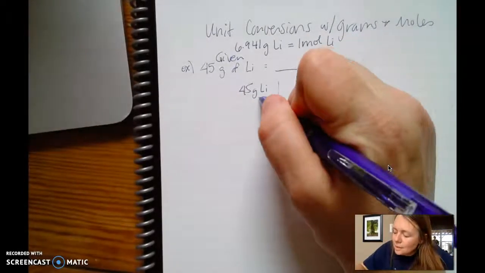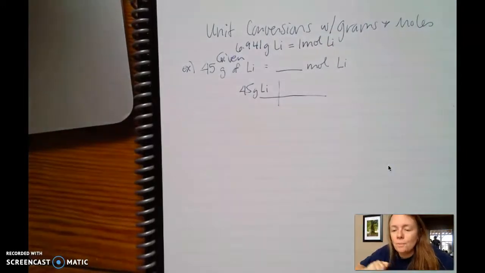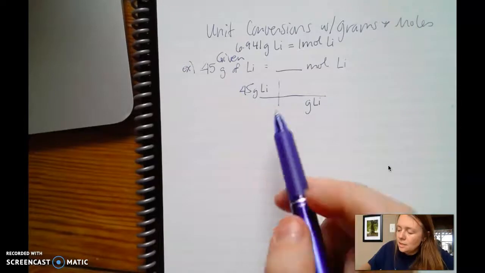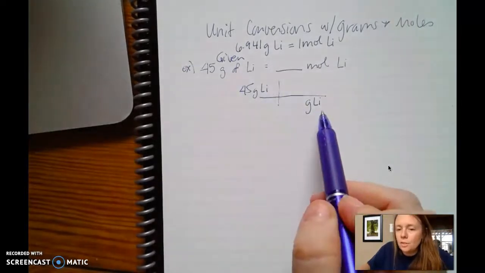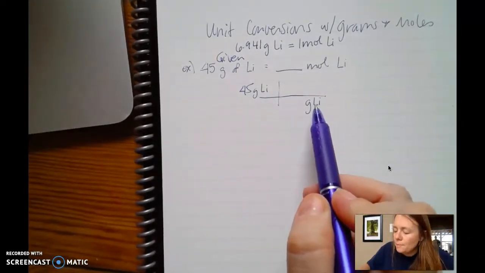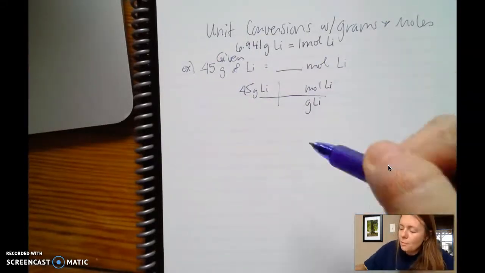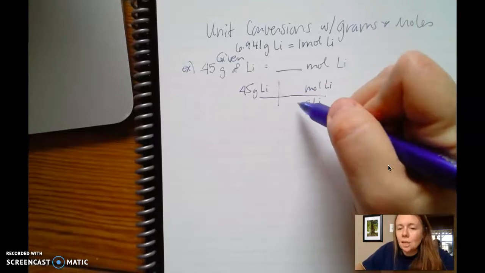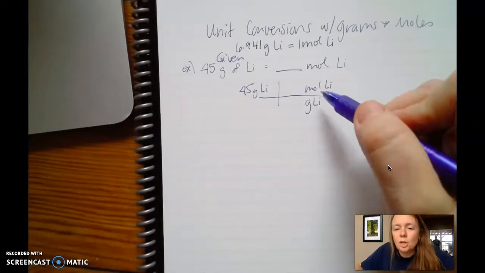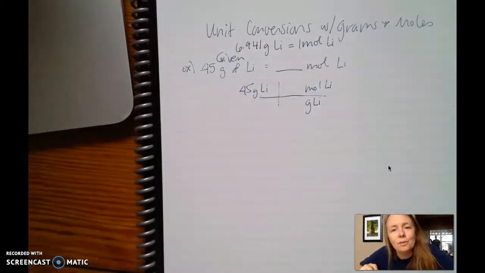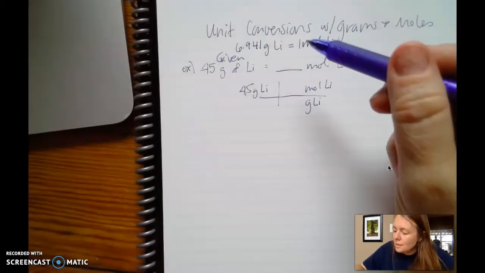And then we're going to set this up like a unit conversion problem where the unit that we're converting away from is the one that we started with. And so it's always going to go on the bottom. And the unit that we're changing into will go on the top. And the numbers that go right here, what's my conversion factor between grams and moles? Well, that is the average atomic mass, and that's going to be different for every element. So for lithium, it's